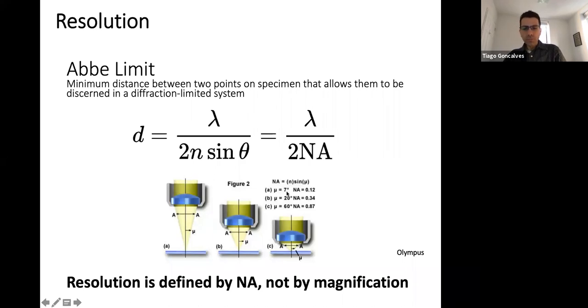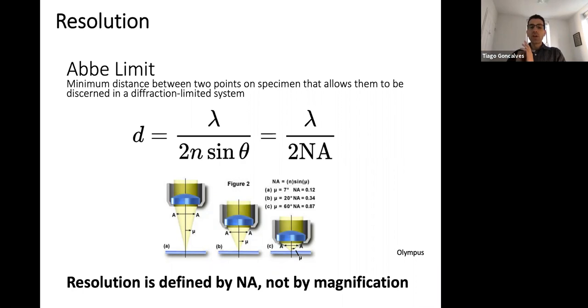And it's dependent on the sine of this angle, which is the full angular aperture of your objective. But you don't need to know that. The most important concept, if there's one thing that I want you to take from this